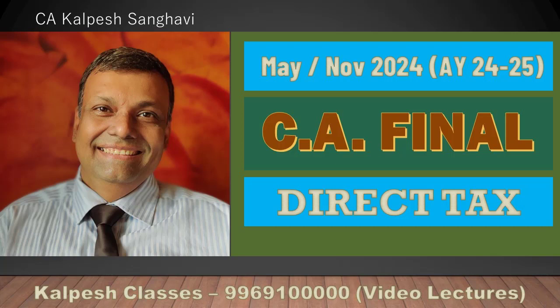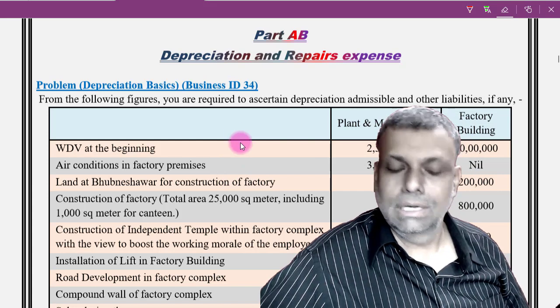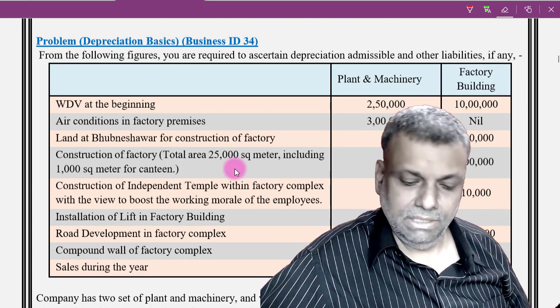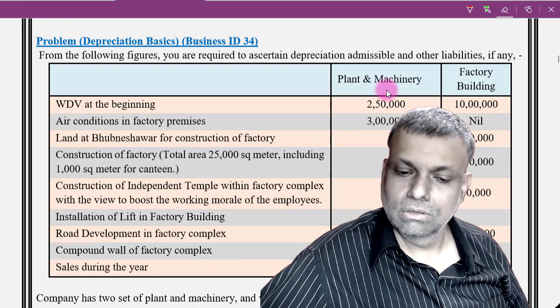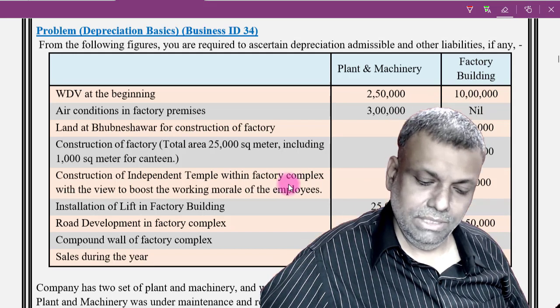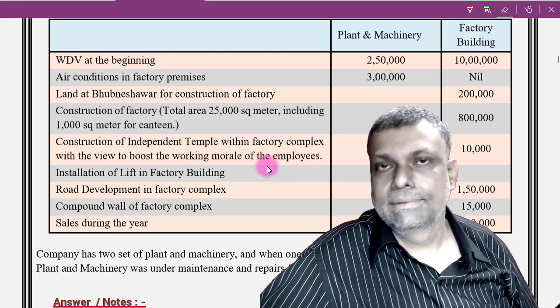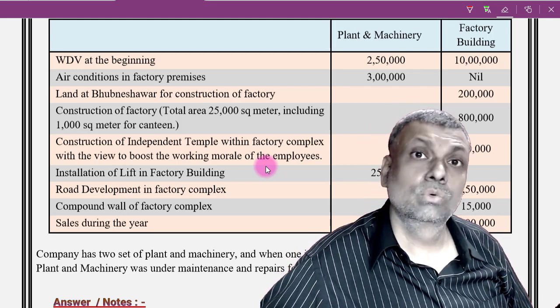Now, friends, let us come to the questions on depreciation. Depreciation, hardcore basics, idea number 34. In this particular question, you have got all the details of plant and machinery, factory building, and all that. And in this case, you have to do the depreciation calculation, and together with that,